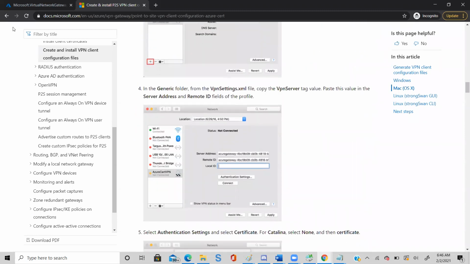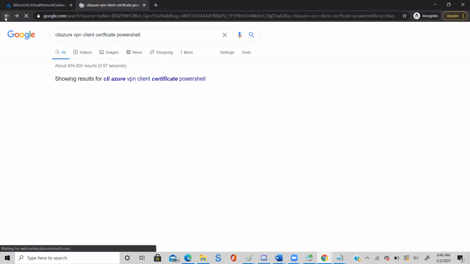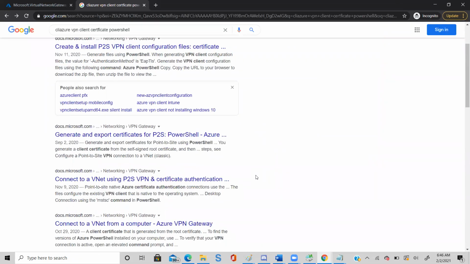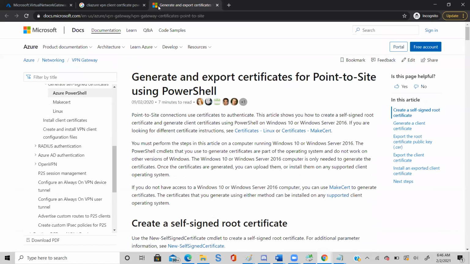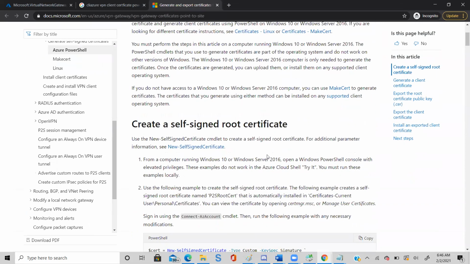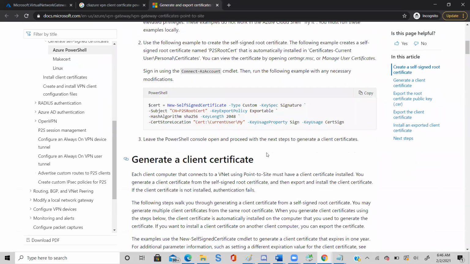I'm going to give you a certificate. Now, this is the command which you have to run. What it does, it creates a certificate in your local laptop.